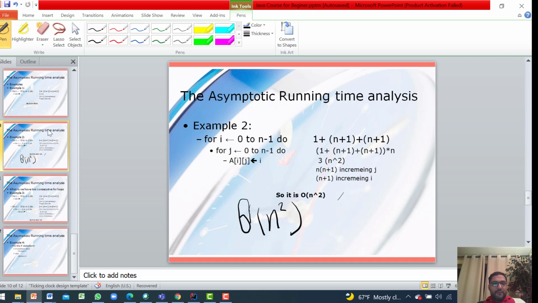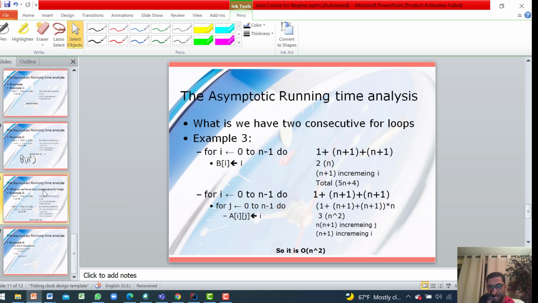Okay, one more example. If we talk about two successive for loops, the first one will be, again like what we said before, 5n plus 4, and the other one is going to be something related to n squared. So if I have 5n plus 4 plus something with n squared, this n squared will win. So in this case it's going to be Theta of n squared,